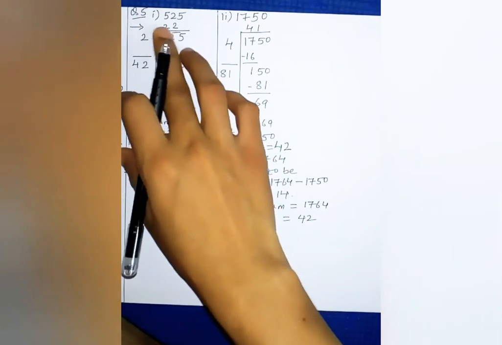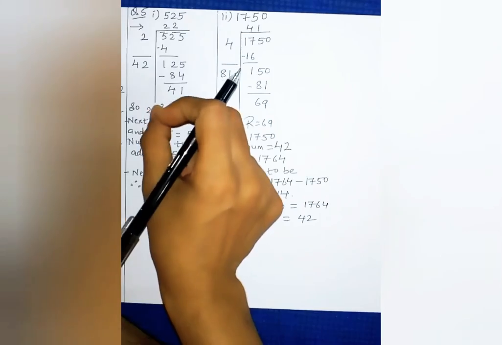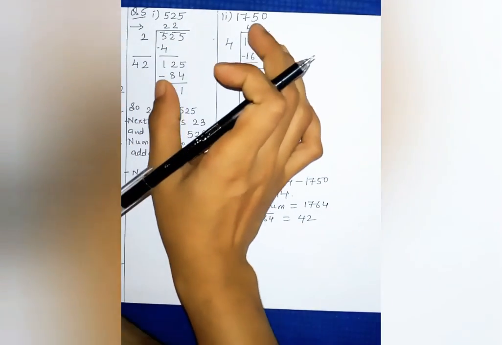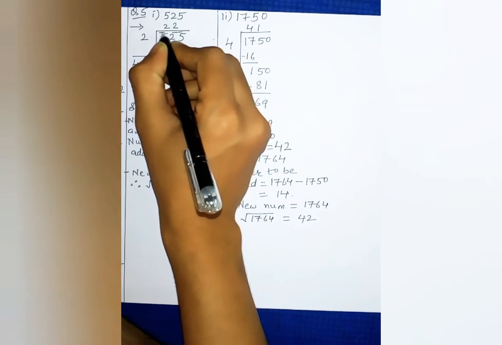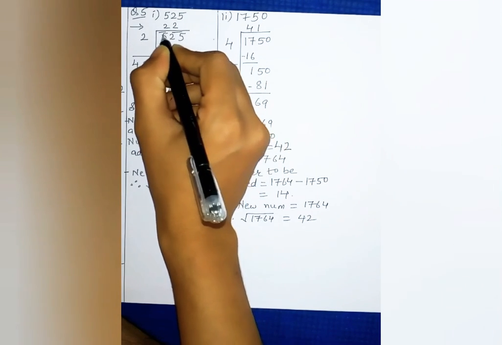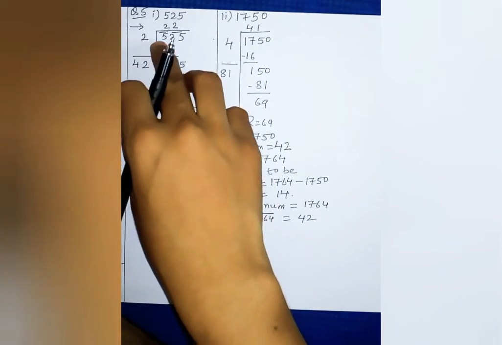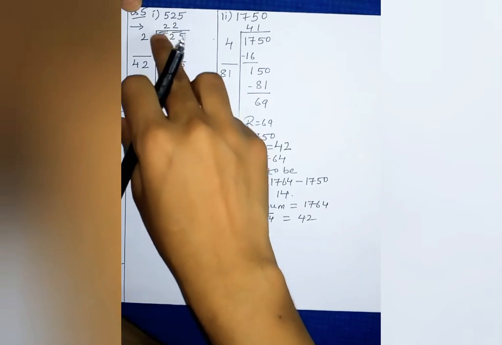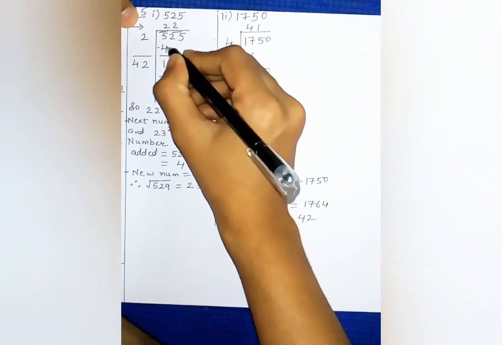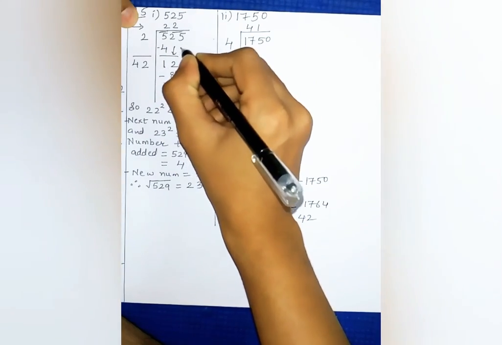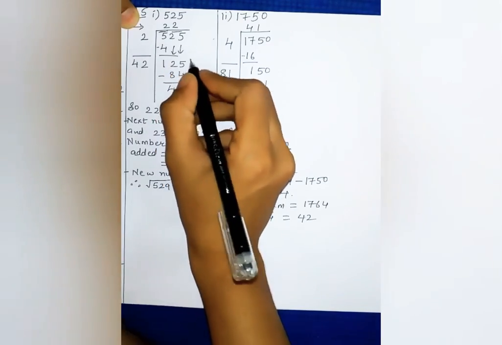Now we will see the solution of question number 5. First one is 525. The first step is the same, we just have to use the division method. First we will draw the bar, so there will be a bar after this, and then a bar on 5. The first number is 5, so we take a perfect square less than or equal to 5. We can take 2, 2 2s are 4, and 5 minus 4 gives 1. This 2 and 5 are in a pair, so we bring both down.